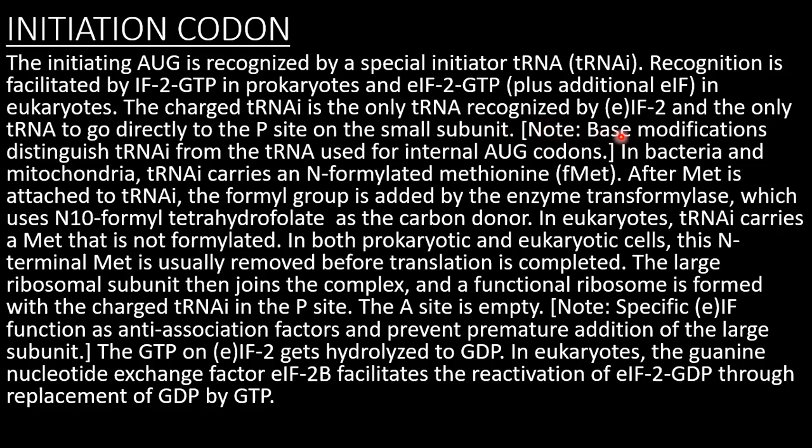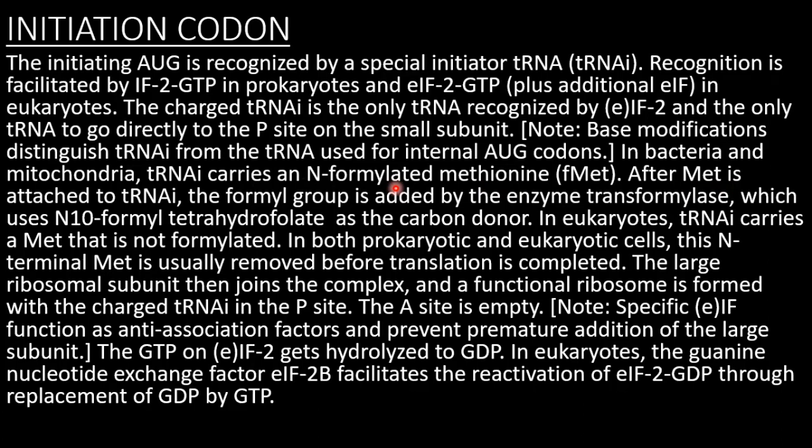Note that we have some base modifications which usually distinguish the special initiator transfer RNA from the transfer RNA used for internal AUG codons. So even if you have internal AUG codons, which code for methionine, the transfer RNA which will initiate has some base modifications which enable it to be distinguished from the others. Now, in bacteria and the mitochondria, the special initiator transfer RNA carries an N-formylated methionine, fMet, and after methionine